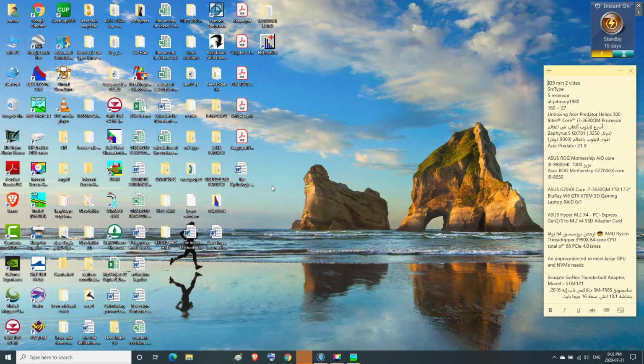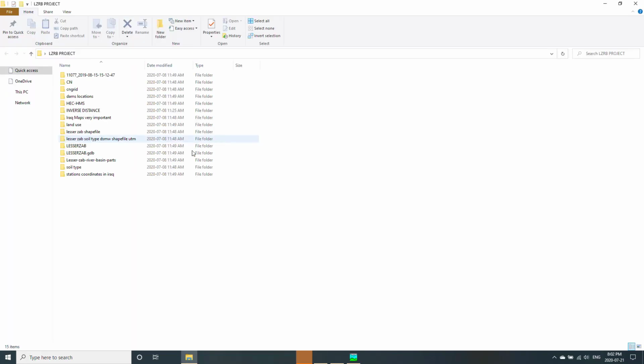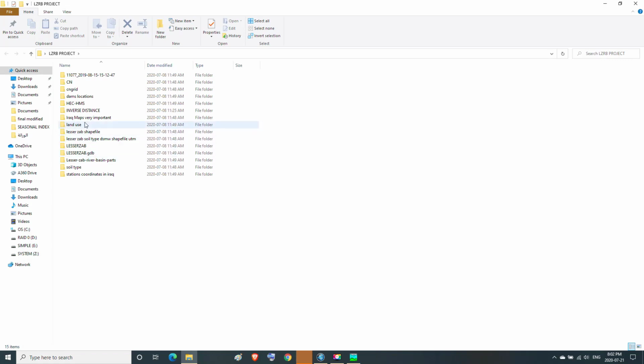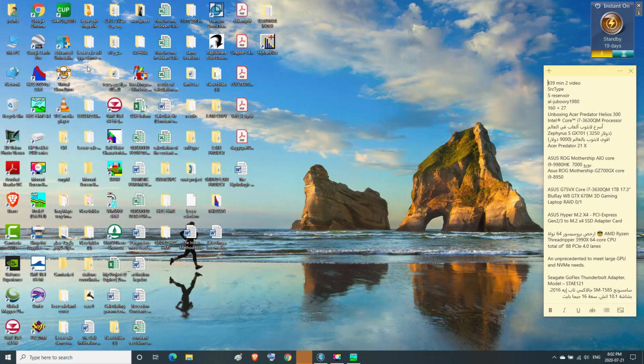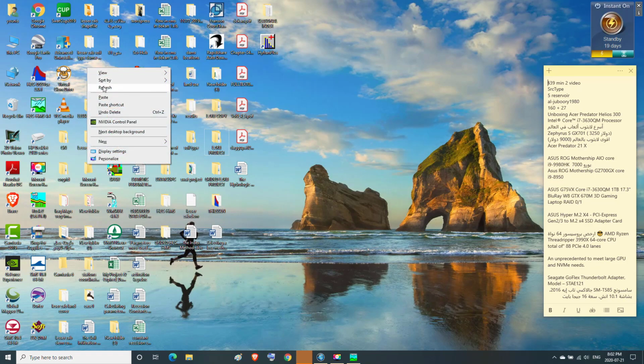Then we bring the project file that was prepared in advance by HEC-GeoHMS and ArcMap, which is inside the project file titled LZRB project. Then we copy the project file titled LaserZap and paste it on the desktop.